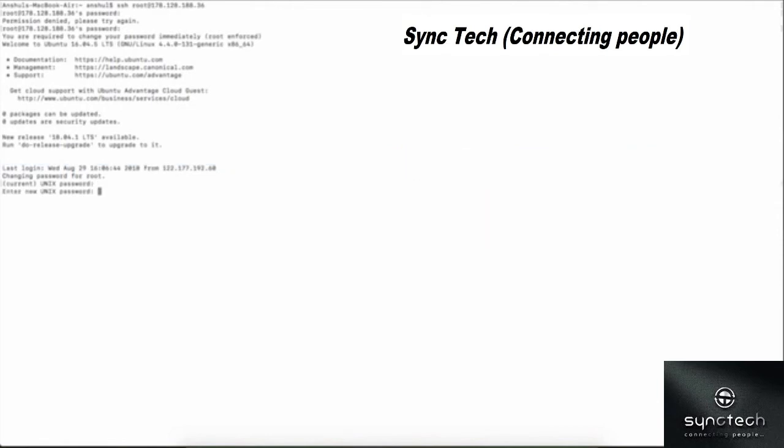It will ask you to provide a new Unix password. Now you can provide any desired password for this machine. Press enter. Confirm the password again and press enter. So your password is being changed. Now if I exit this machine and want to access it again, I can access it with the password which I just provided to this machine. Right? See,